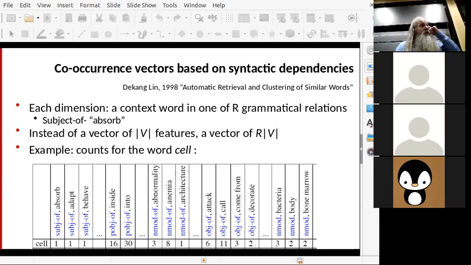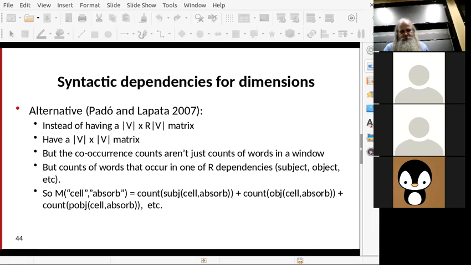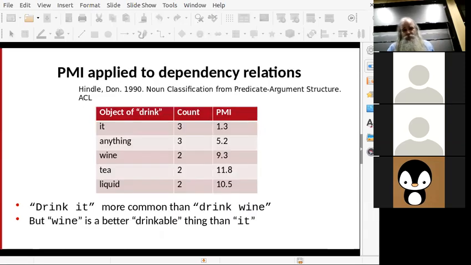And realistically, it's probably never going to be worse than just looking at the 4 words before and the 4 words afterwards, because often when the dependency parser sucks, it almost falls back to that and has almost the same information in it, okay? So we just do the same thing, okay? So we can do the same thing with dependency relations. Rather than just looking at words in context, we have these numbers there and we build our